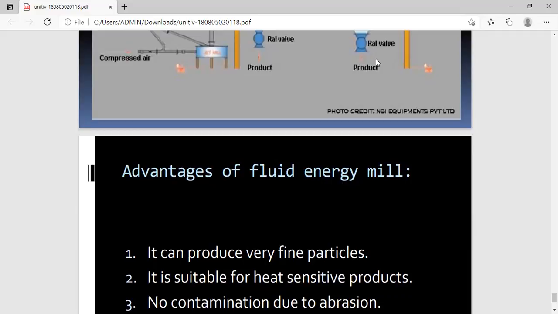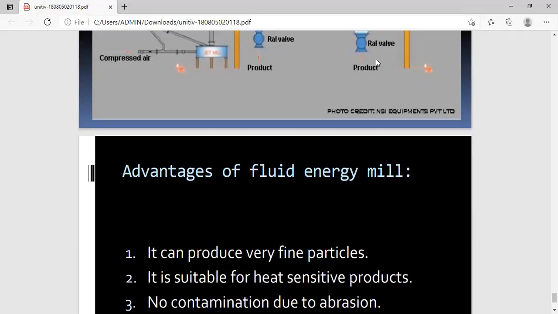The advantage of the jaw crusher is that it is simple in mechanism, it can be installed anywhere, and it has no effect due to dust or anything. The size reduction takes place from 1 to 1.5 meters of input size to somewhere around 12 mm, up to 6 mm size. So you have to crush it not in one stage but in three stages. So that is a jaw crusher.